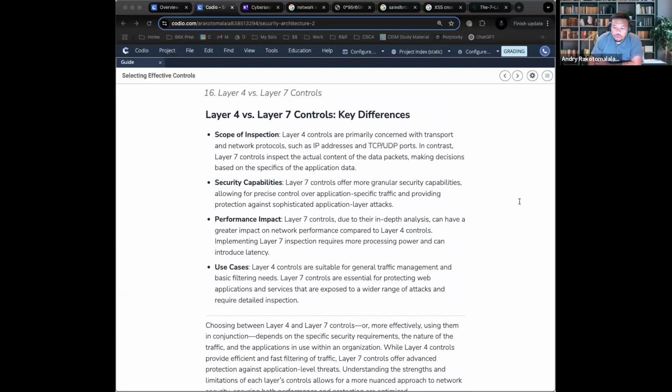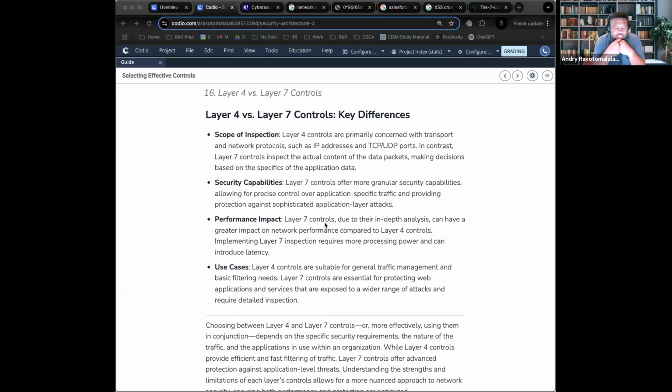So what are the differences between layer 4 and layer 7? Let me do this. I'm going to give you all a nifty little graph that I made for you all so you all can have it to make your lives a little easier. So when it comes to layer 4 and layer 7, an easy way to understand it is that layer 4 is focused on ports, IPs, and sessions.